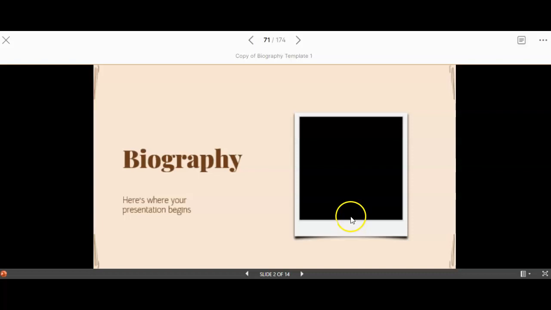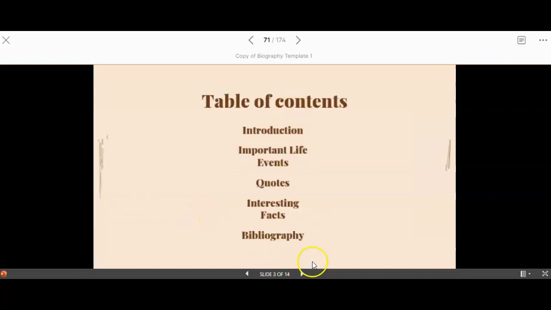So if you're doing a biography on George Washington, let's say, I'm going to keep with that theme, you would put his face right here. And you would say biography, George Washington, by, and you put your name. You could even get rid of biography and put George Washington here in bold, and then put your name. Here's the table of contents. Don't do anything with this, okay? You leave this alone. This is for the reader, which is me, to tell me I know what's coming,